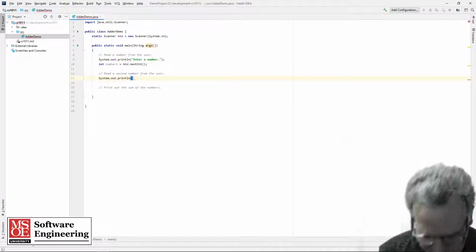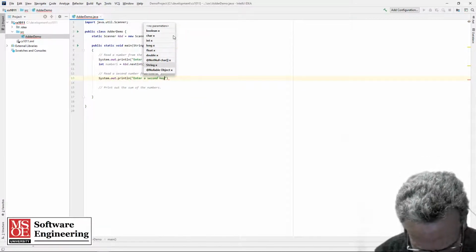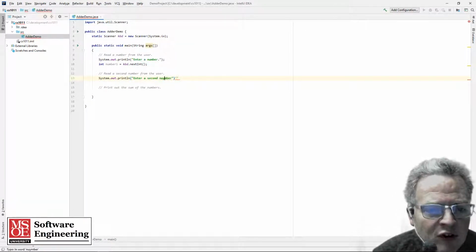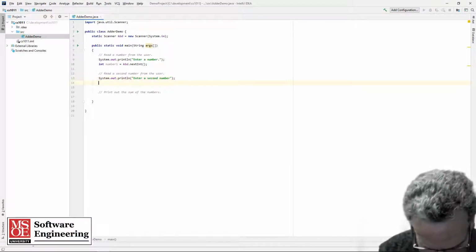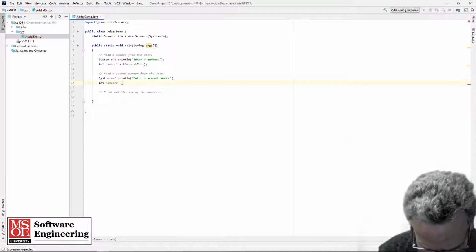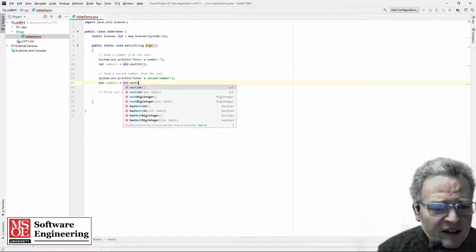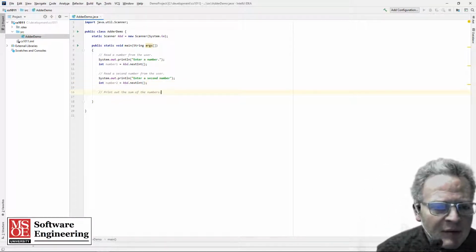System.out.println, enter a second number. And I should probably spell number right, like so. Int number 2 equals keyboard dot next int, like so. So I'm going to read the second number in, print out the sum of the two